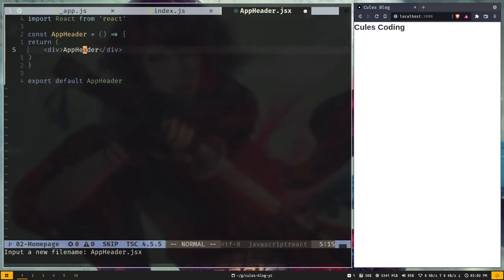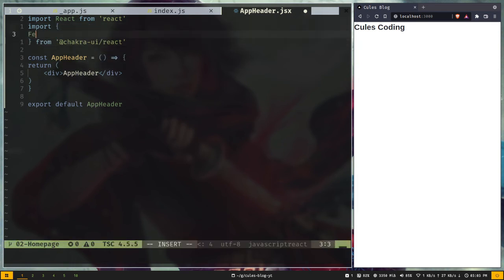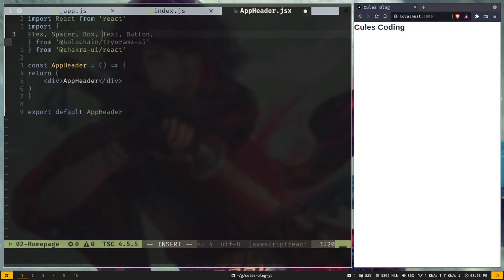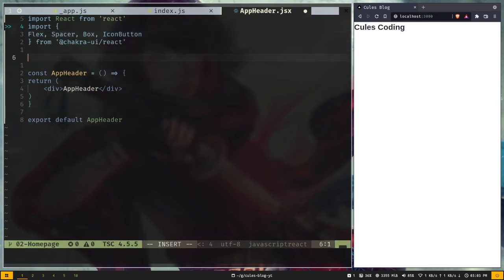Now we need to import a few components from Chakra-UI. So import from Chakra-UI React, and I will import the Flex component, then the Spacer component, then Box, Icon, Button,